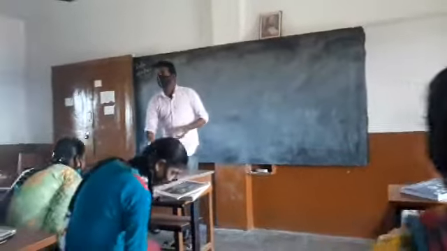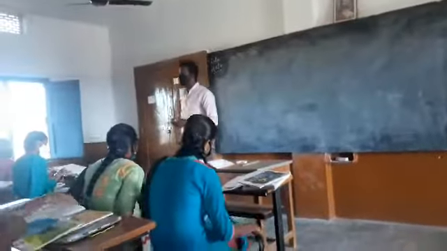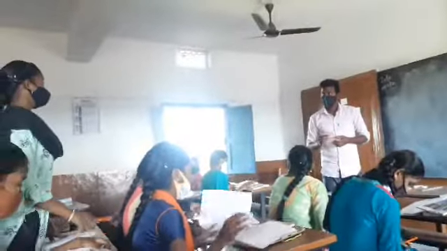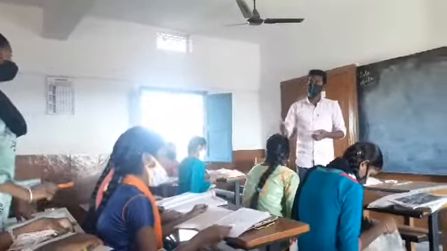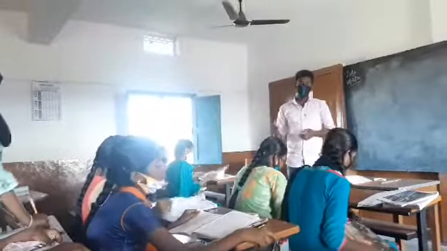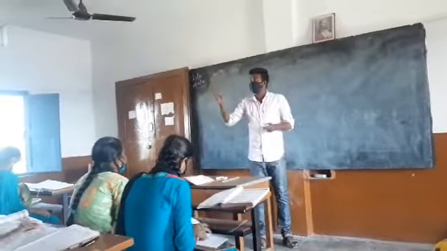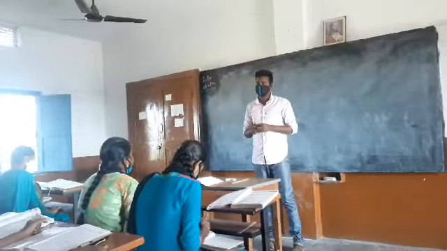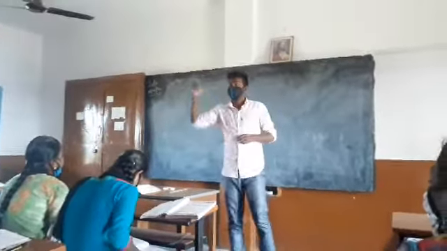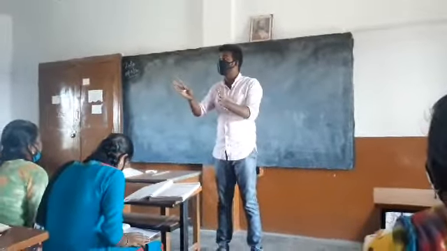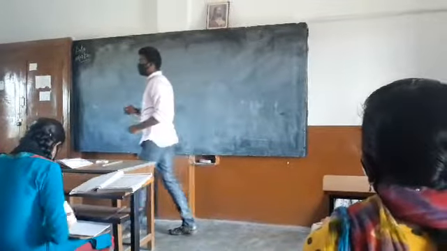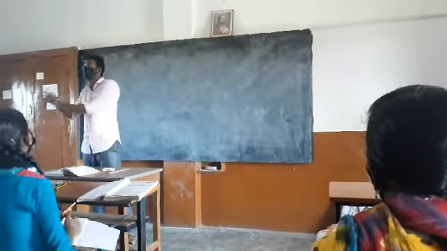Can anyone recall and tell me what we discussed in yesterday's class? Yes, yourself. Very good. Sit down. So we learned about period and periodicity of non-terminating recurrent decimals, isn't it? So we are all clear with that. And also we have converted some of the rational numbers into decimal numbers. So what we are going to do now is convert the decimals into rationals.